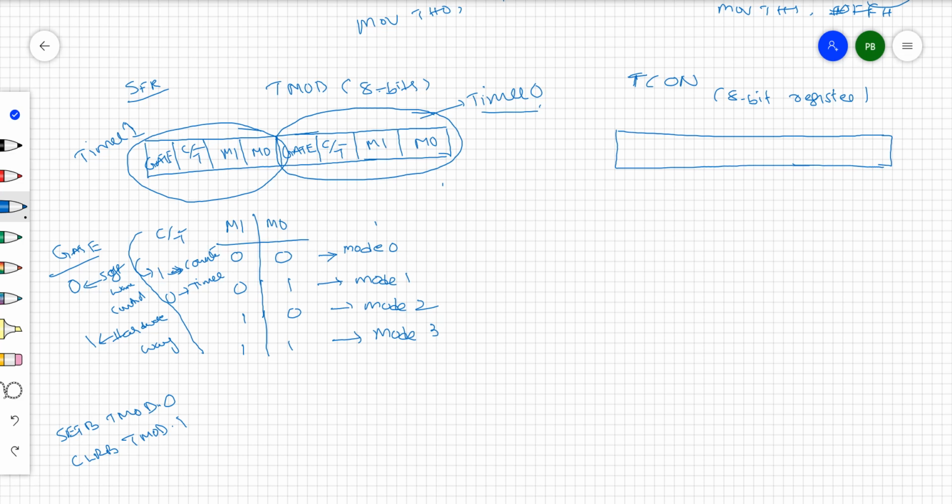These are all decided by the bit combination of these particular bits. So this is one way you can set or reset the particular bits.